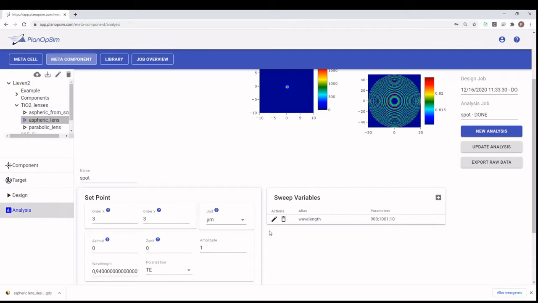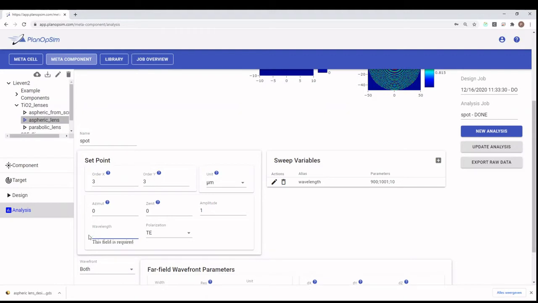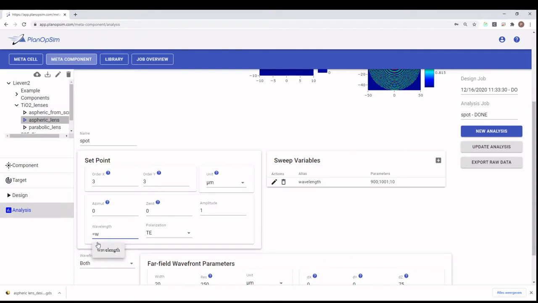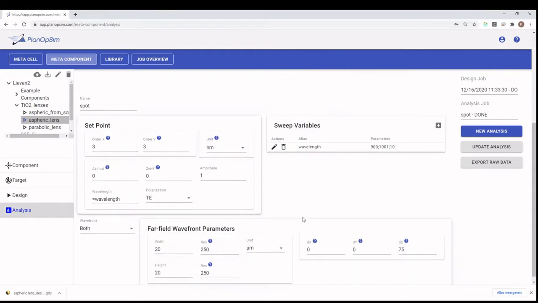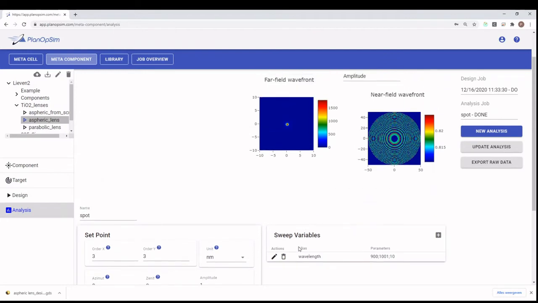We can save that. Now we need to assign that parameter to the wavelength variable here. So as before, I will just write equal wavelength. In this case, I can select it from the drop down. There we go. And I need to make sure, since I wrote 900 to 1000, that this unit is nanometer, not micrometer. This will now repeat the analysis that we did for a single wavelength for all of these parameters